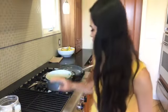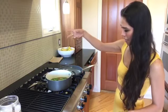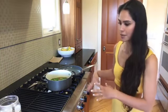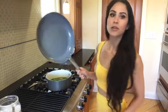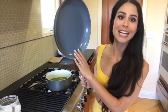So we've got some beautiful chives here, but we're not gonna add them till the end. You can also use green onions if you don't wanna use chives. Chives are just what I happen to have in my kitchen today. Okay, so this is gonna get nice and hot, and then it's gonna come down. I'm gonna simmer it. Now, at the same time as we're doing this, we're gonna take this beautiful ceramic pan,